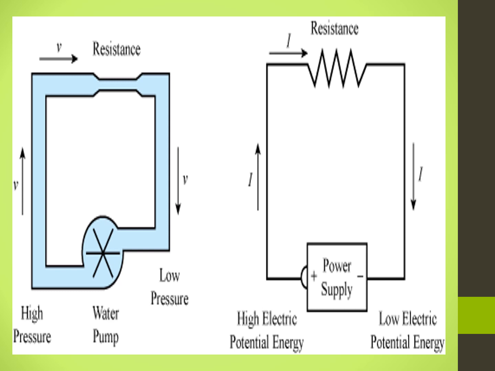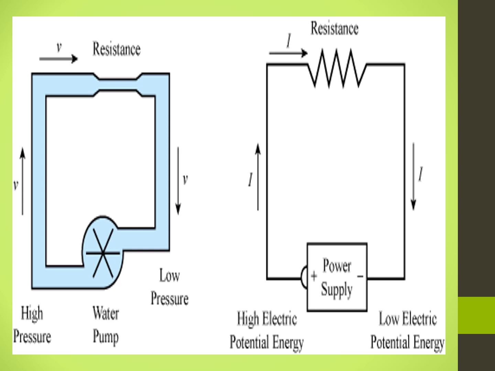Electromotive force is represented as capital E. The EMF of an electrical energy source is the work done W by the source in driving a unit charge Q around the complete circuit. So E is equal to W by Q,